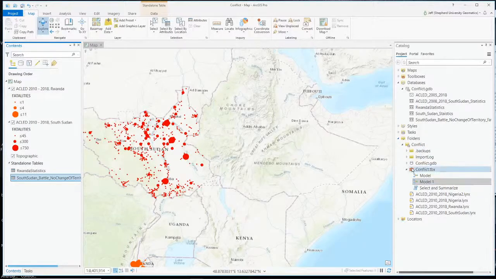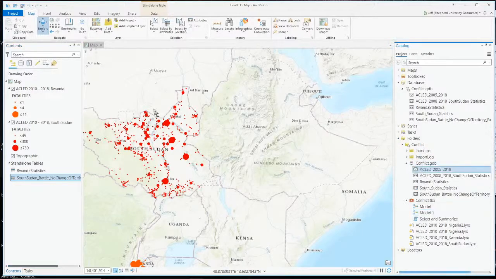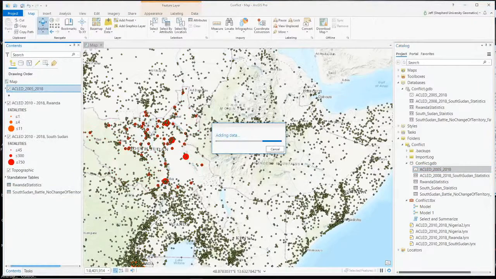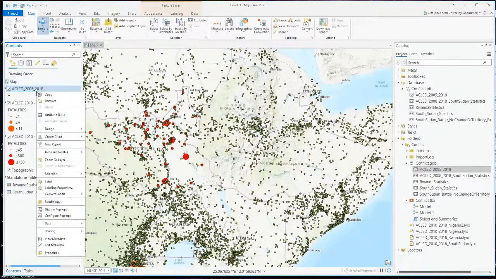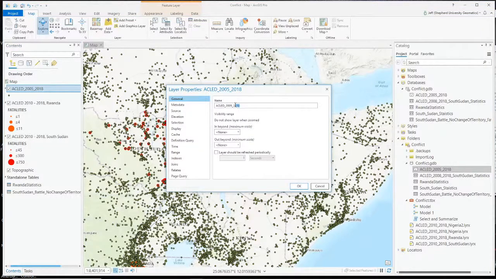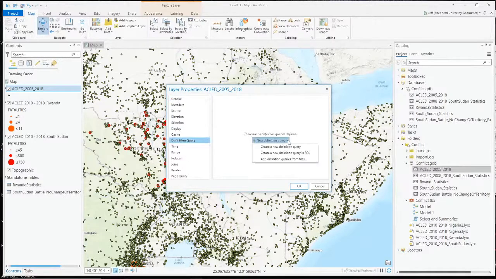Shoot, where am I? Here we go. So I'll put another copy of this data set out here, and we'll call this ACLED 2010 to 2018 Nigeria, and we're going to filter out